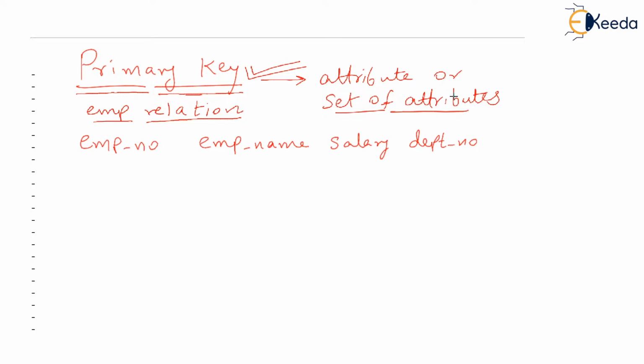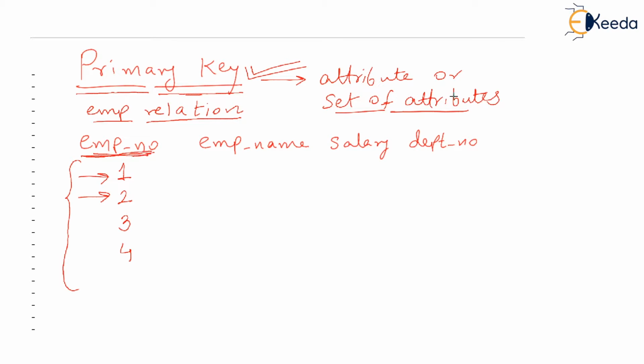By the way, primary key is such an attribute like emp number which can never have duplicate values. I mean, in two different rows of this relation, we cannot have same values for employee number. And that is but obvious. In our organization, two employees cannot have same employee number. As an example, two students cannot have same roll number. So this employee number values, as you see in this entire table, will be unique. Such an attribute is labeled as primary key.